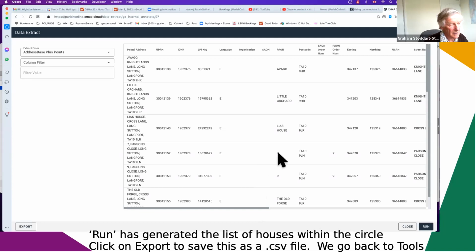Which I think is really, there are times when that's really, really useful. And of course, it doesn't have to be a circle. It can be a polygon that you drew around the village. It can be anything you like. But this is how to get a data extract from a specific area within your parish. Really useful stuff. If you wanted to then export this to a spreadsheet, as a CSV file, click on the